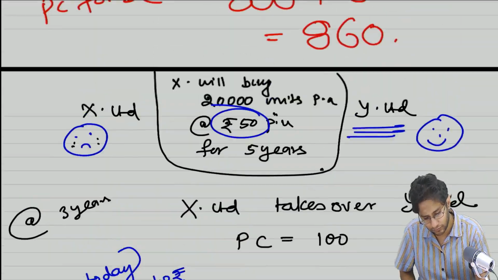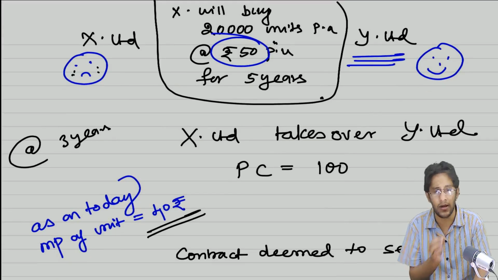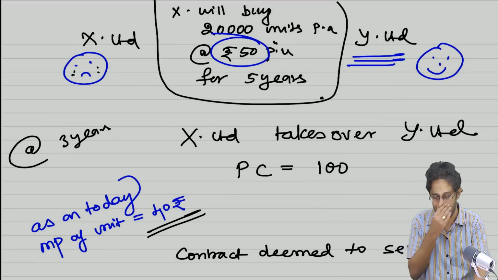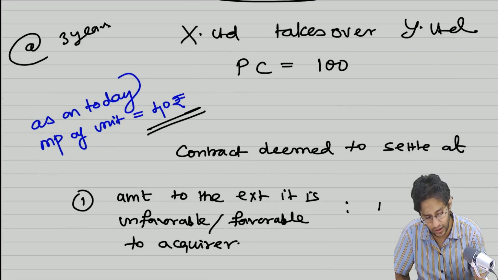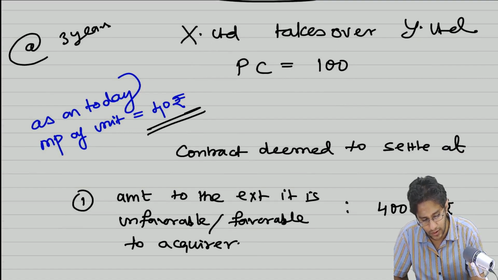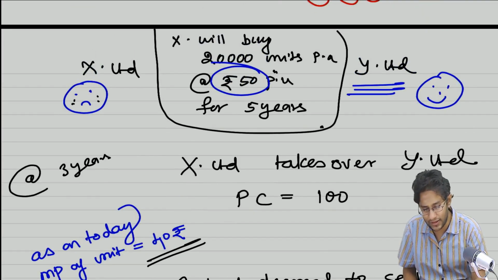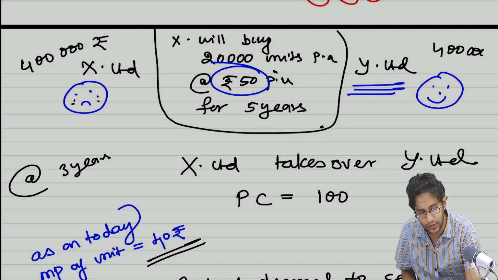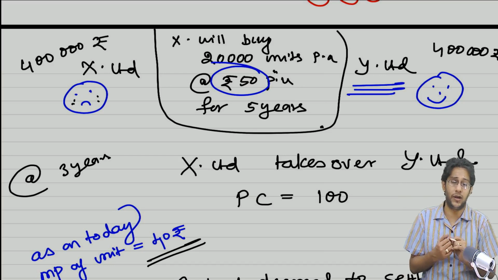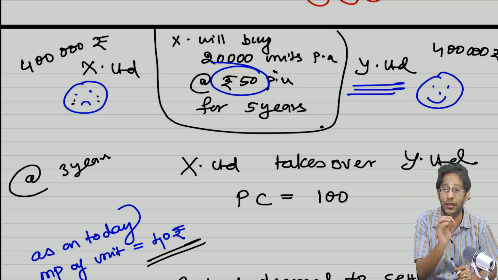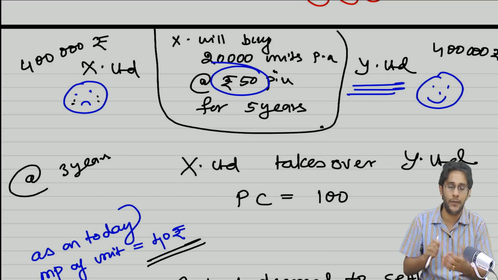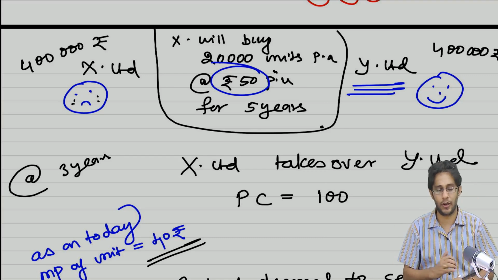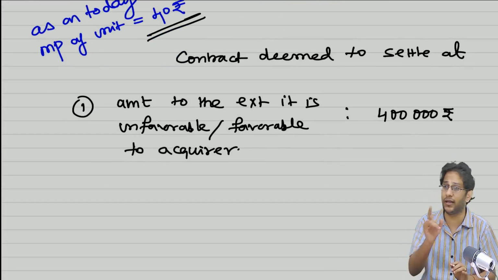Let us say, simple measurement, 20,000 units, per unit 10 rupees loss, so 2 lakh rupees loss. 2 years the contract is valid, so 2 years into 2 lakh rupees, ignoring present value, I am just calling it 4 lakh rupees. So if this fellow is sad for 4 lakh rupees, this fellow is also happy for 4 lakh rupees, no? If X Limited takes over, Y Limited will not enjoy that advantage. So what will Y Limited do? Pay me that amount as a part of PC. Otherwise, I will not get sold to you. So what our standard says is, it is deemed to be settled at this amount.